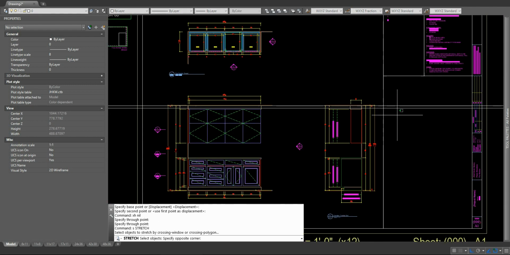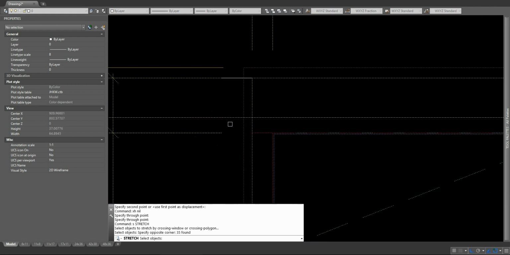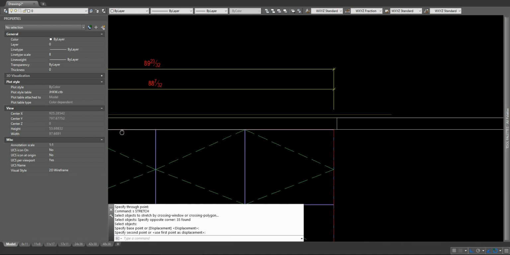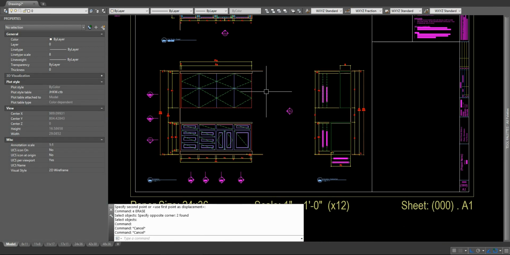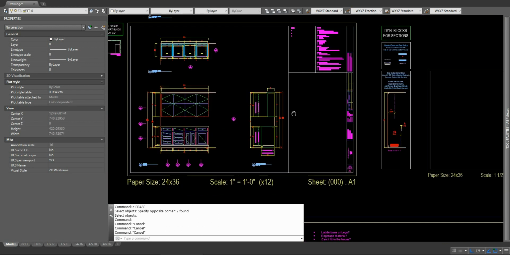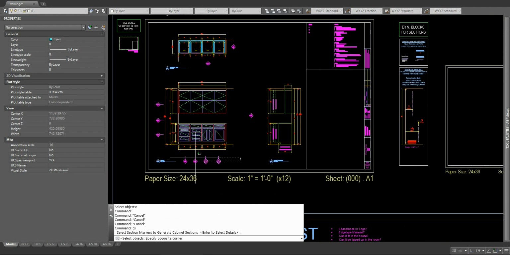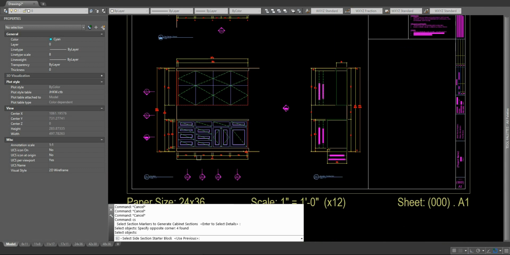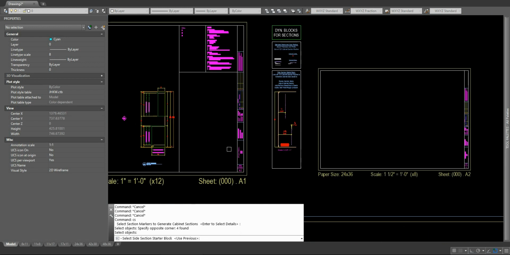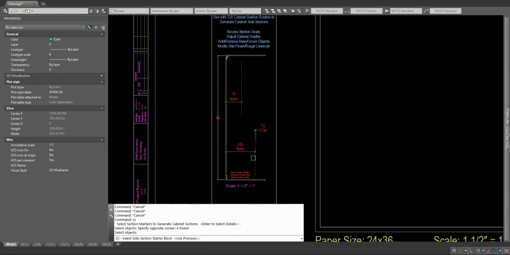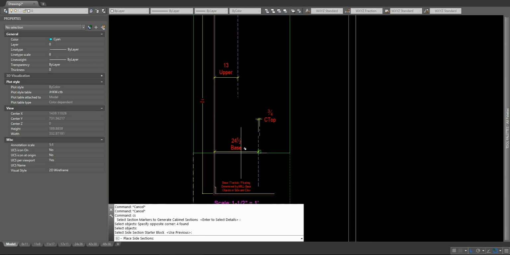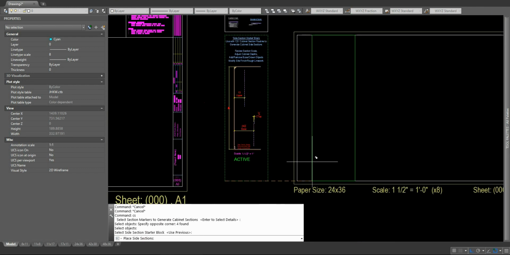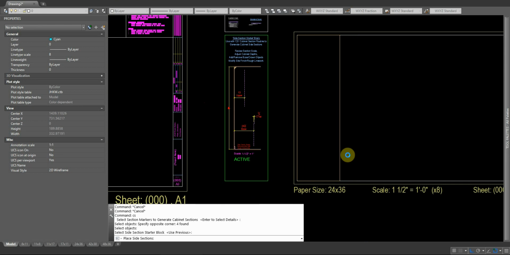And if I had taken the time to draw a crown and elevation, that would be nice, but let's pretend I just drew a profile here. In any event, this is an object on the mill crown layer. So let's try this out. Cabinet section, I'm picking side sections. Because I picked side section markers, it's going to ask me to pick my side section starter block, which I've got here. And now it's going to take that base and upper depth and counter overhang and apply that to